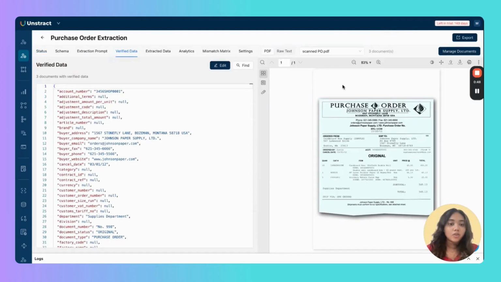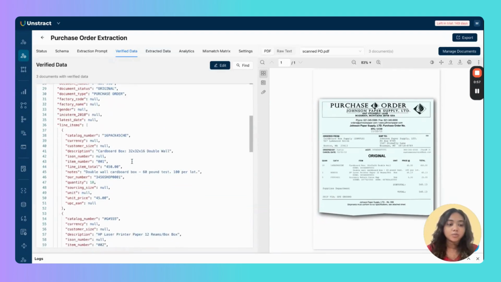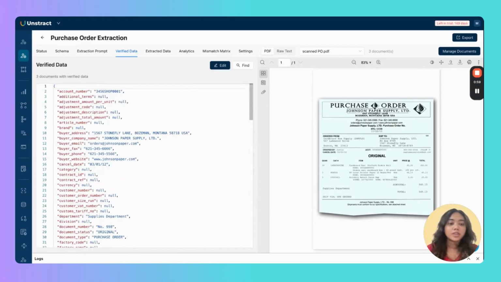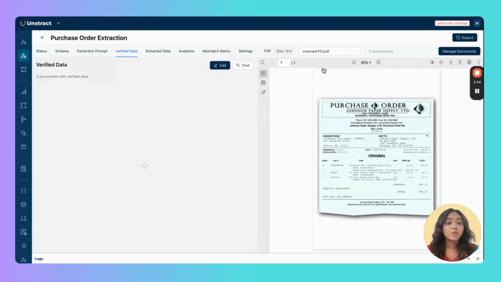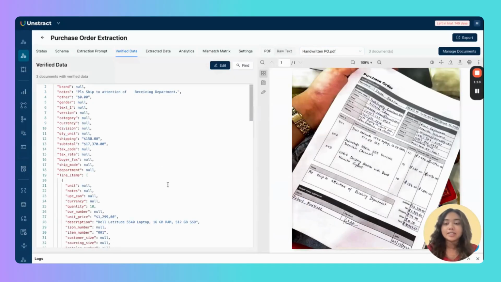So as you can see, for this particular document, the system basically runs the extraction prompt once and extracts all the values as per the prompt's guidance. And you have that over here. And what you can do is manually verify whether the extraction output is correct or not. So you can compare it with the document on the right hand side and manually edit these values in case they are incorrect. So you can see that for each of the uploaded test documents, we have different data that is extracted.